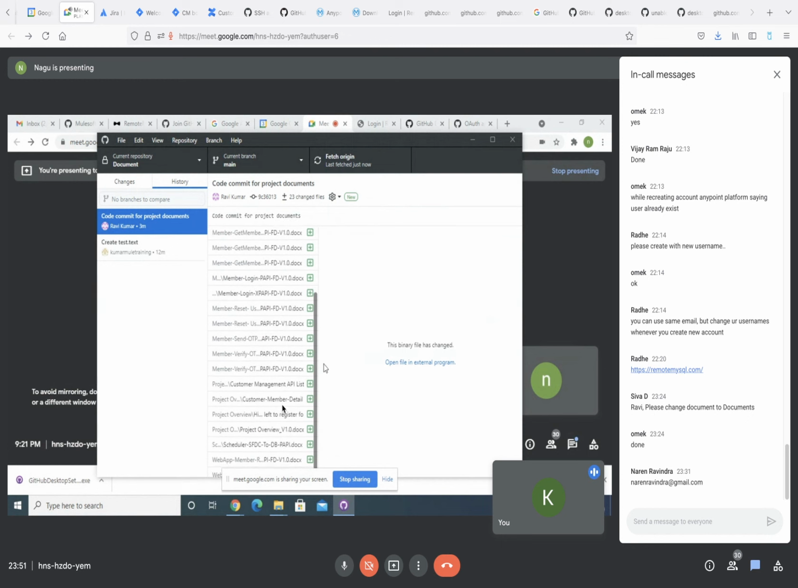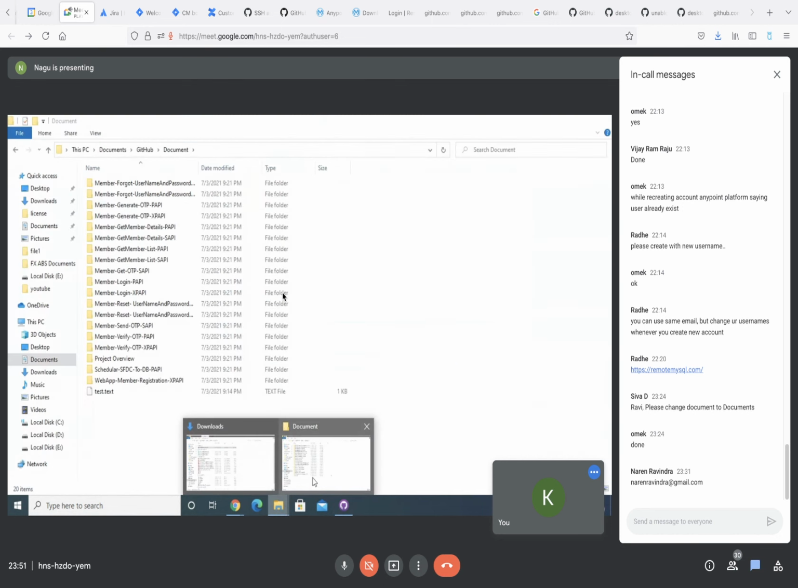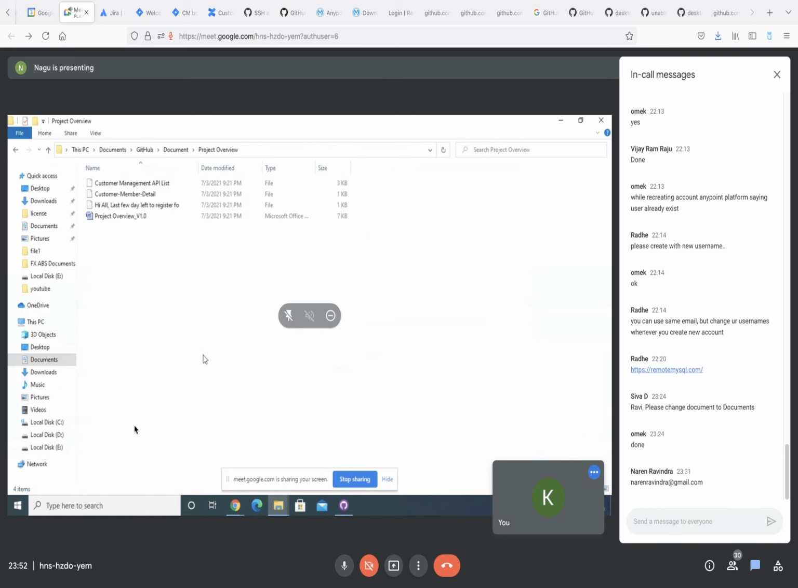Okay, now go to your folder where you created this Git repository in local. Yes, so here you can see all the folders. Whatever documents are related to the API, I will share in these folders. Till this moment I shared a few documents. So click on project overview where you have the cursor now, just click on that. So here you can see